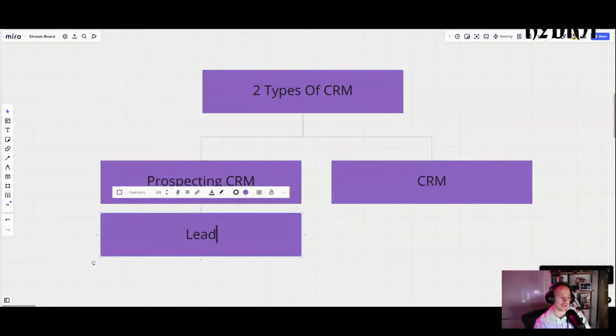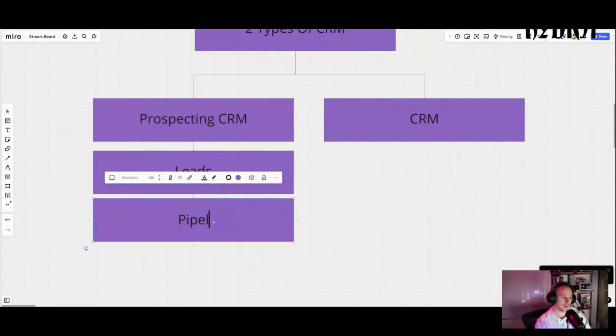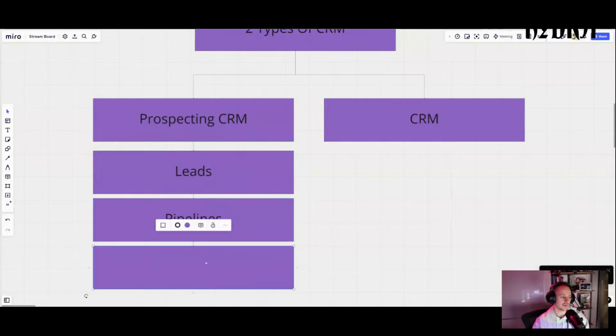So this is where you're managing your leads, your pipeline, all of that good stuff, right? This is where you're doing all your follow ups. Okay. And there's a lot of things that happen inside of the prospecting CRM, and we won't go super in depth on everything, but if you actually bought a CRM, I mean, you could have everything from